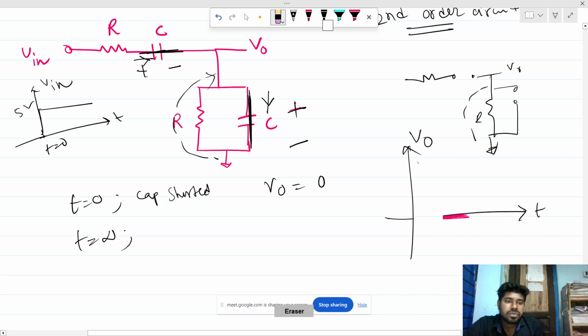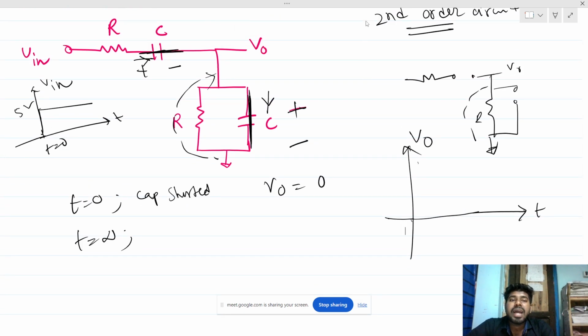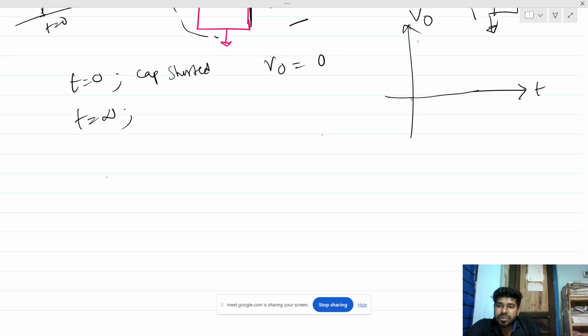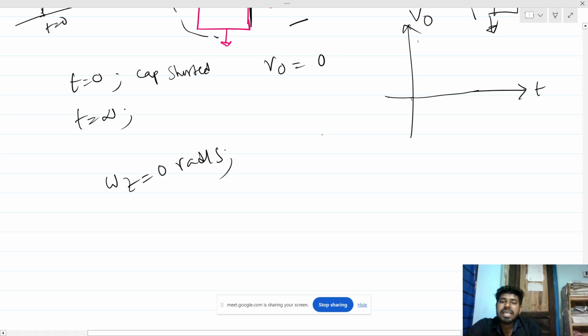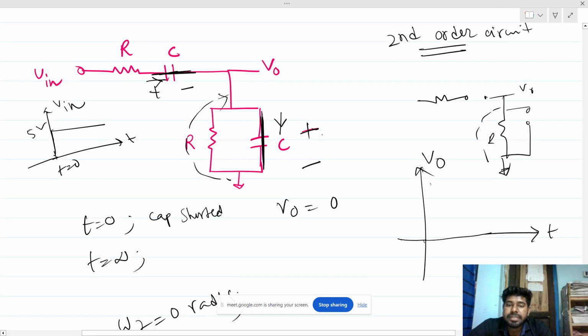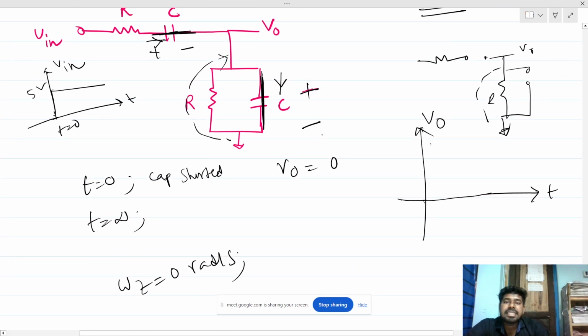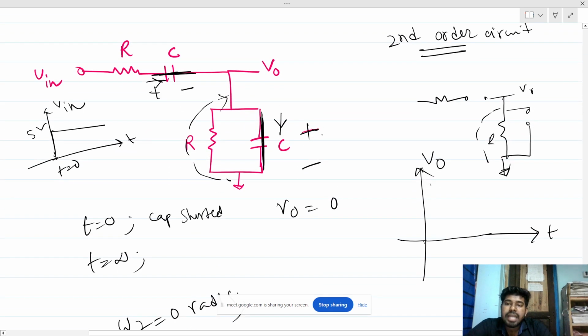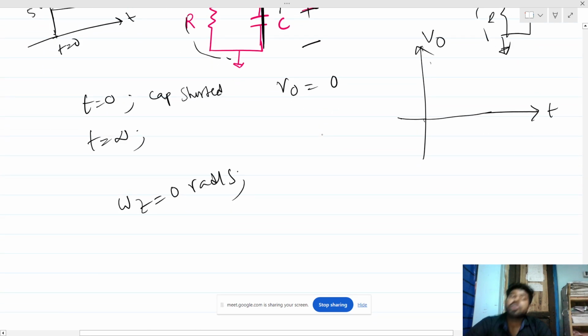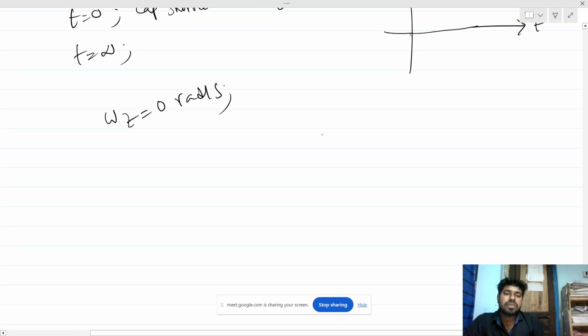So now, actually we are feeding a step, but in this particular problem we will be finding a zero at zero frequency. How to find the zero? We can see that at zero frequency, which means at DC, the output becomes 0. We can see that. So at DC, if you calculate V out over V in